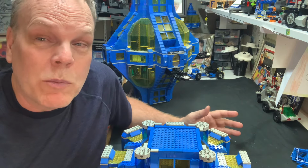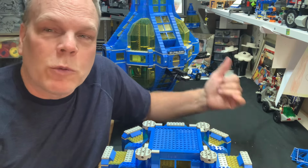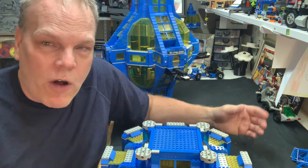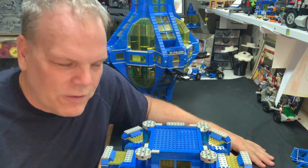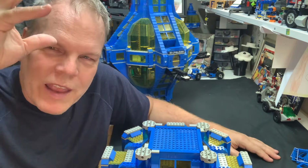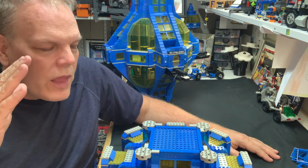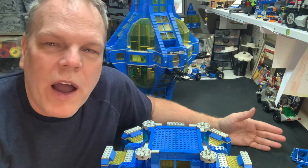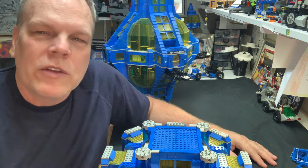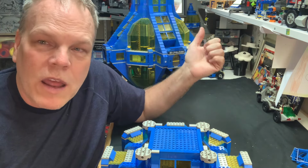It hasn't been busted, it hasn't been broken, because of the wooden boxes, thanks to the wooden boxes, I've never had to really repair the actual tower. I've had to repair the landing pads a few times because they've fallen, I dropped them, whatever, and they smash. But the actual little tower itself, from top to bottom, except for the cake topper, which is a whole other story that I'm going to get into later, not in this video, the tower has been exemplarily fine, going up, going down, going to storage, but in the layout, it's been perfect. So I hadn't had to think about how I designed this thing back in 2010